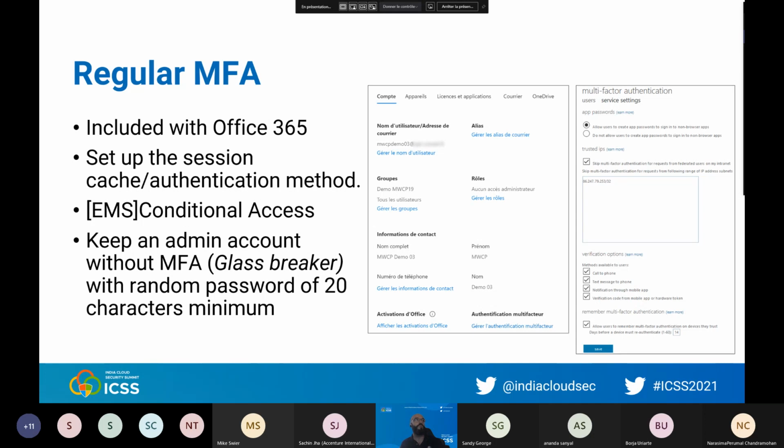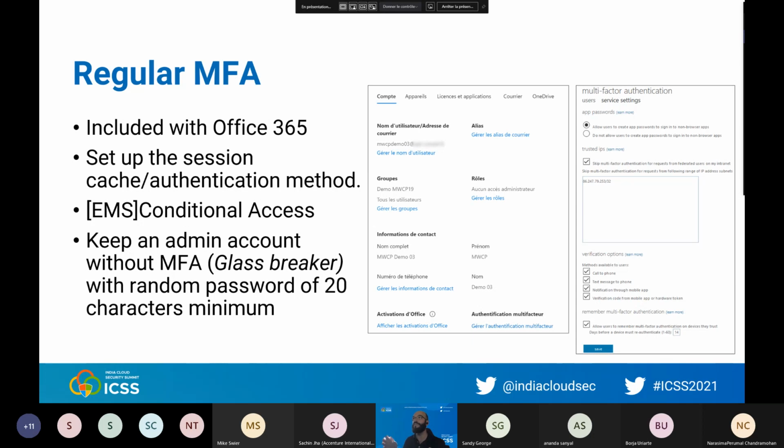My recommendation is that when you implement MFA, keep one admin account which is never used, with MFA disabled. This is what we call a glass breaker. You give it a very long password, print this password on a paper sheet, and keep this sheet locked down in your office. It can be useful to have such a glass breaker account without MFA if, and it happens sometimes, the MFA mechanism on Office 365 is down.